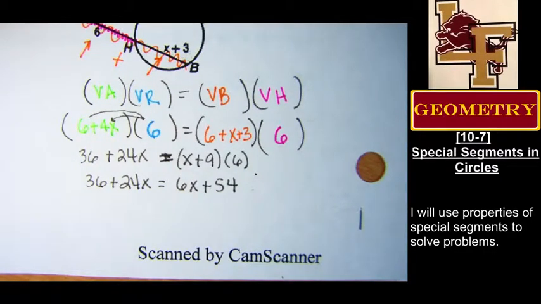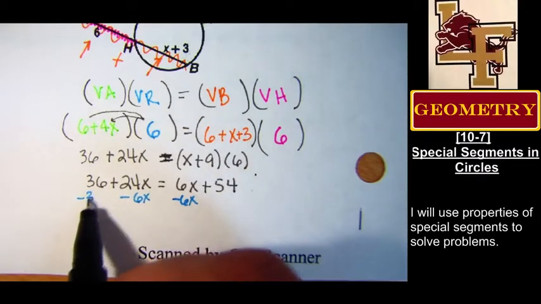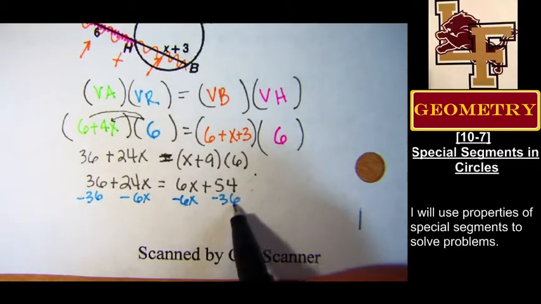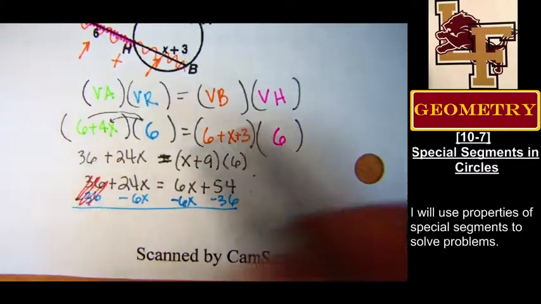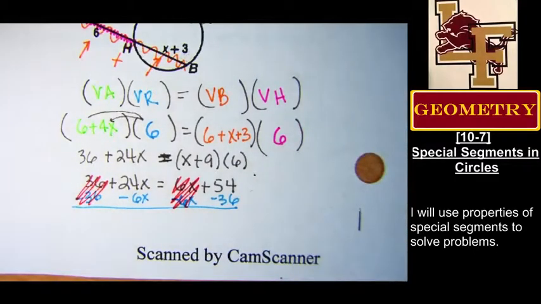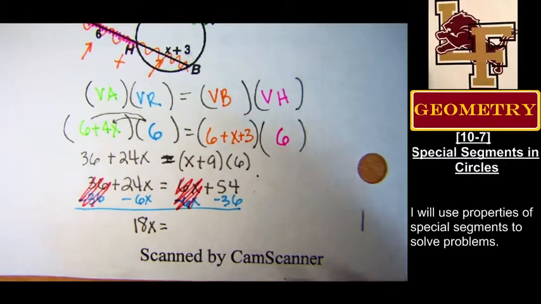I'm going to gather all of the X's to one side of the road so that maybe I can call a restraining order on them, because who likes their X's hanging around? And I'm going to shove all the numbers on the other side of the road. All right, getting rid of my X's. I'm going to go ahead and move these numbers over as well. So the numbers on this side go, and the X's disappear there. And I'm left with 18x equals,